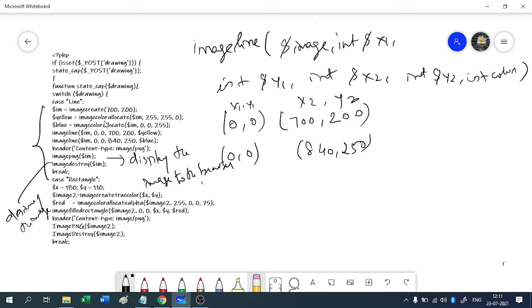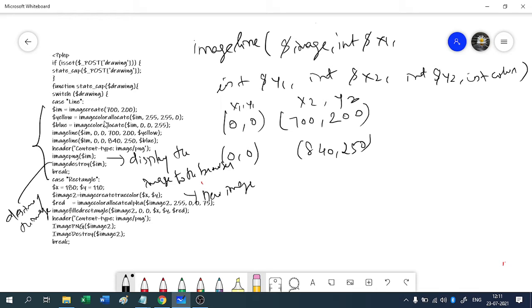Then the next case is case rectangle. For rectangle we are defining the x and y values. The x value is 180, y value is 110. Here we are creating the image using the image create true color, which is used to create a new image.